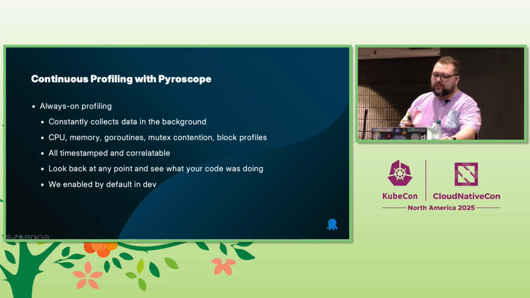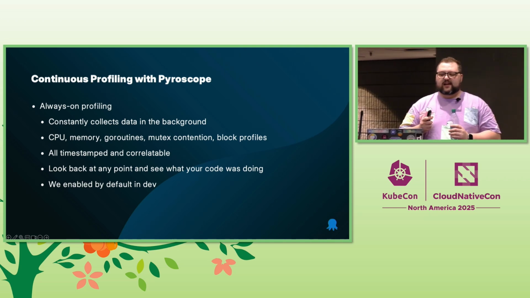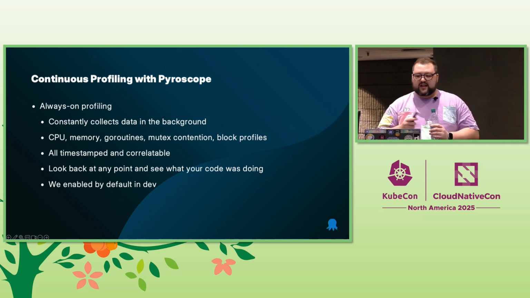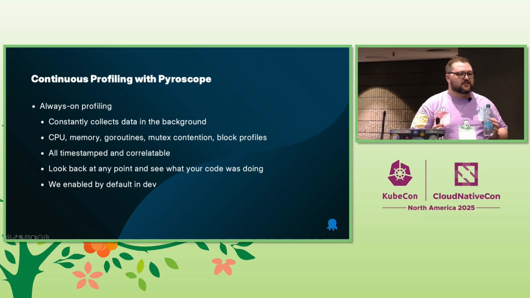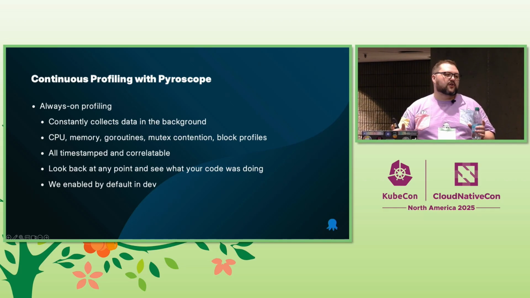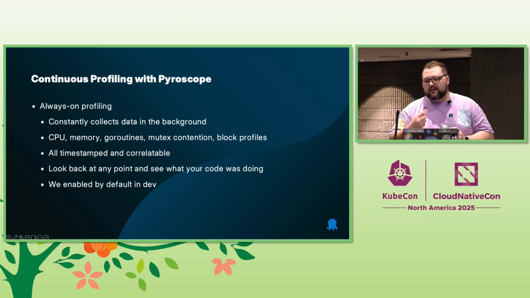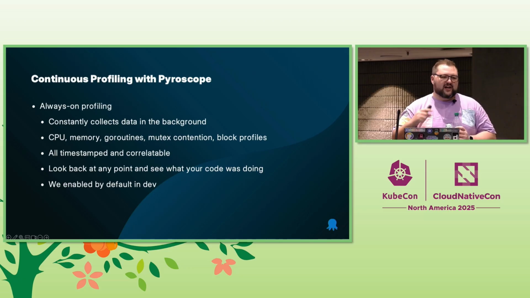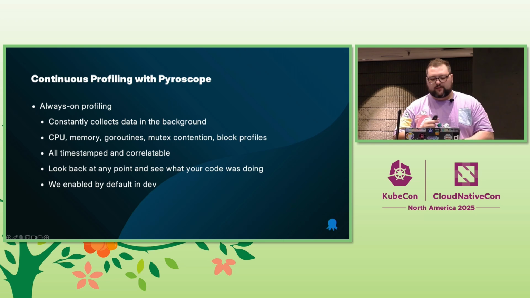So first, Pyroscope. Unlike traditional profiling, if you have ever done profiling in a Go application, it constantly collects profiling information in a running application and just ships it to a server later to analyze it. You can do diffs between two different versions of your application running and see what the memory, the allocations, everything is going on. We enabled this by default in all of our debug builds. Developers just ran the Pyroscope server locally, so they could look back on any of the problems that they found, if they found any.